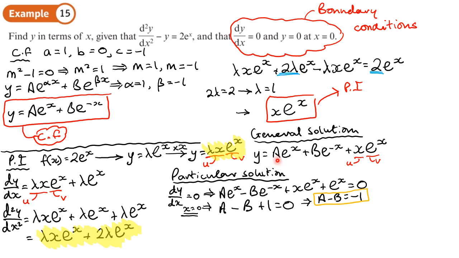I can substitute x equals 0 and y equals 0 into this to get another equation, because I've got two unknowns. So let's just draw an arrow like this just to show that it's x equals 0, y equals 0